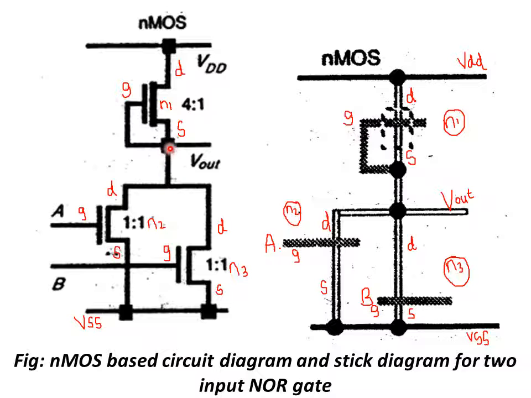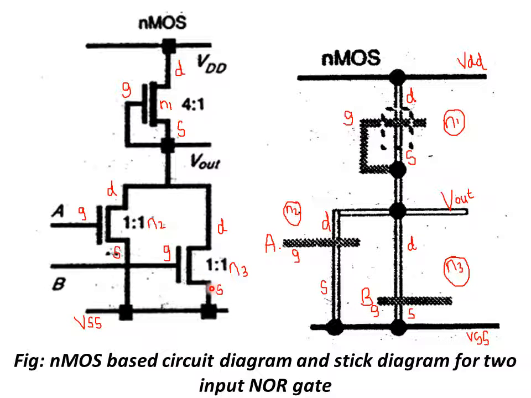Let us form the first pull-up transistor, the N1 transistor. In order to form the N1 transistor, what layers do we require? We require two layers. What are those? The N diffusion layer as well as the polysilicon layer, right? When these two layers overlap, there is a formation of an N transistor. Here this vertical line represents the N diffusion layer, and this horizontal line represents the polysilicon layer, which indicates the gate terminal of this transistor, and the diffusion line tells us about the other two terminals, that is drain and source.